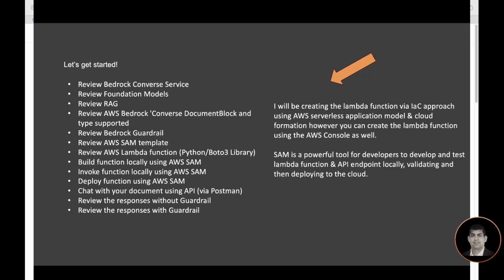I'll be creating the Lambda function via infrastructure as code approach using AWS Serverless Application Model and CloudFormation. However, you can create the Lambda function using the AWS console as well. SAM is a powerful tool for developers to develop and test Lambda function and API endpoint locally,